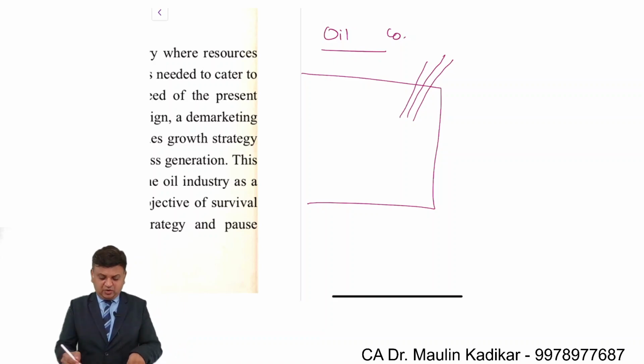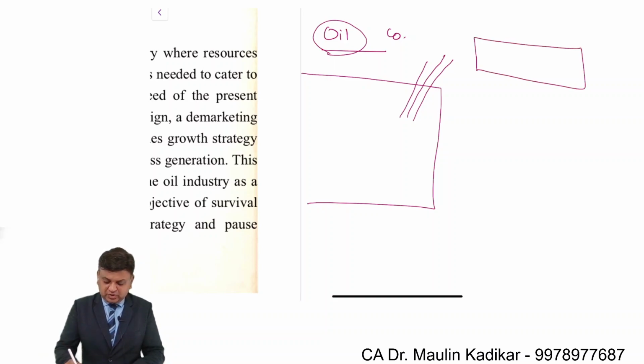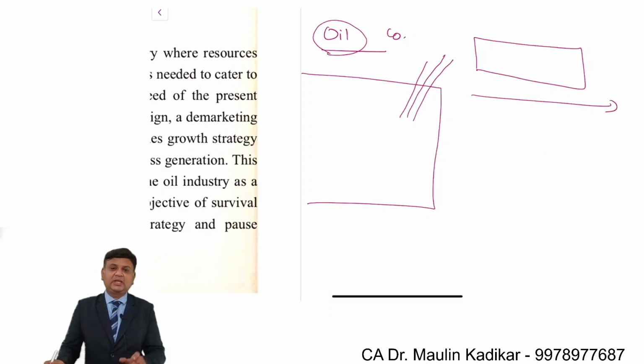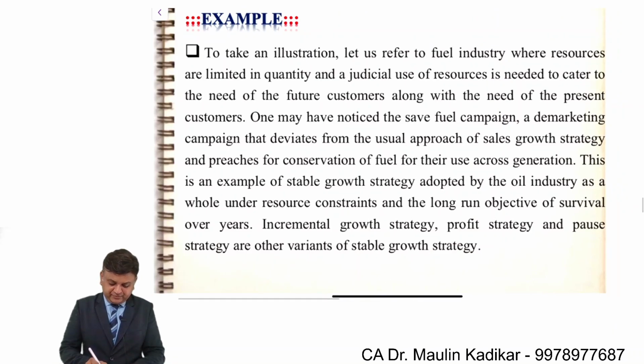That is the reason the oil company itself is making advertisements that we should have less consumption of oil. It means that the company itself has certain programs in which it encourages its customers to use less oil. Why? Because they are not looking for short term business, they are looking for long term business. That is an example that they have given. To take an industry